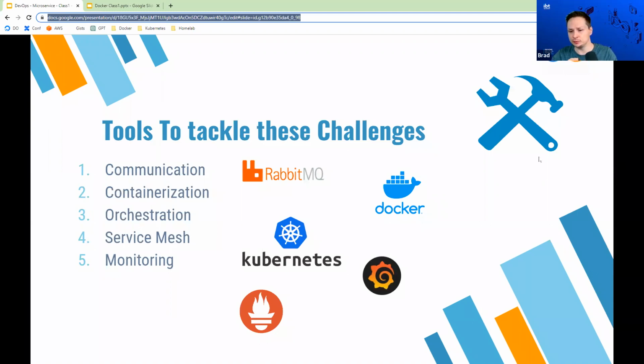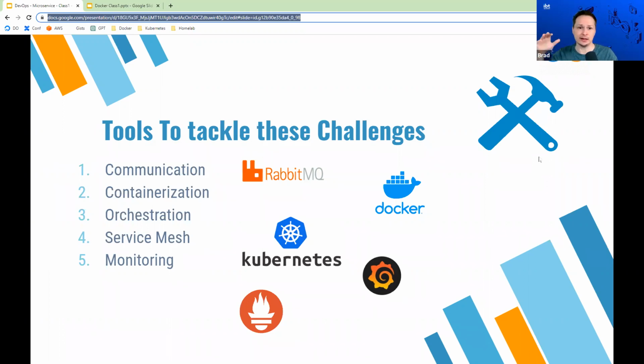Then we run into the problem of how do we distribute these microservices across more than one server, right? It might be easy to get lots of different services running on a single server, but when you're trying to get them running across hundreds or thousands of servers, you need something like Kubernetes, an orchestration tool. And what an orchestration tool does is it basically looks at all your services, all your containers, and then just chooses how many servers you need and deploys your containers to those servers as you need them, right?